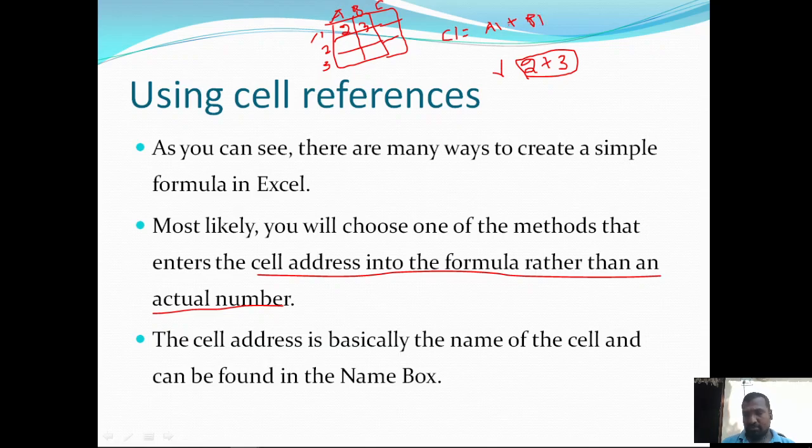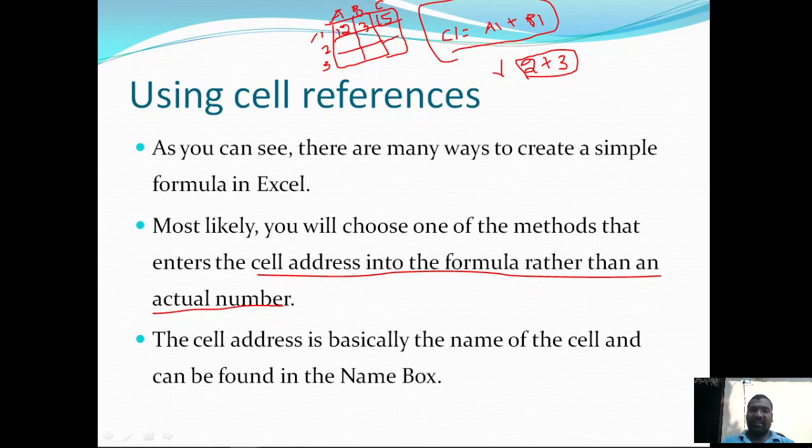By writing these reference addresses, it is going to display the result 5. If I update this 2 with 12, then automatically 15 will be updated here. So if you use cell references, you can edit the data and there is no need to edit the formula.